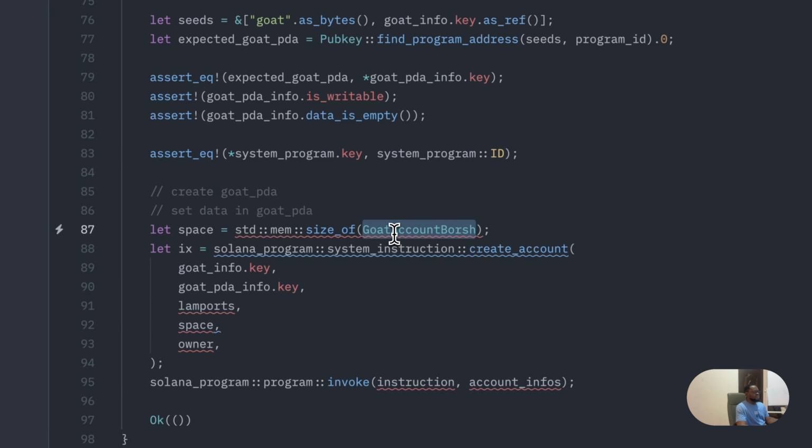So this would be one way of doing it. Then after we do this, we have to serialize it. So serialized goat data is now going to equal